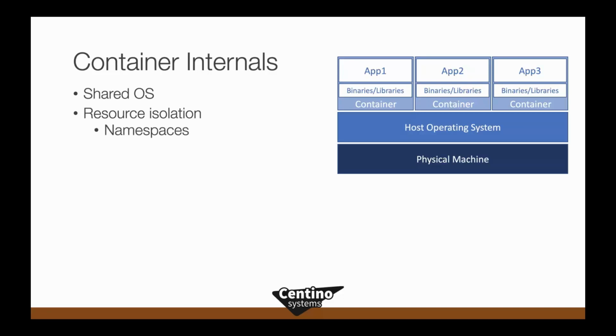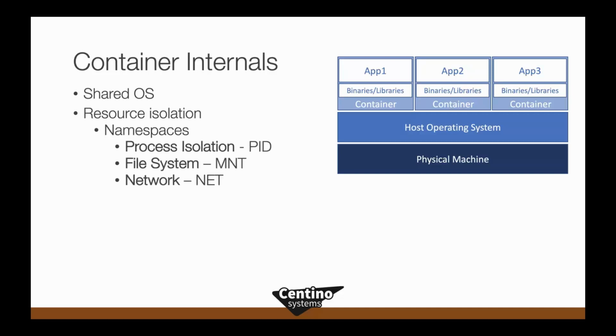It originated from the Linux kernel and has since been moved over into the Windows kernel. It has a different name in the Windows world, but the concept is the same. But this thing called a namespace allows me to have my own swim lanes or my own private view of the resources exposed by the underlying host OS. And so some of the primary namespaces that are available are for process isolation, or the PID namespace; file system, or the mount namespace; the network, net; and interprocess communication, so these processes have their own way to communicate within their own namespace, but not between.